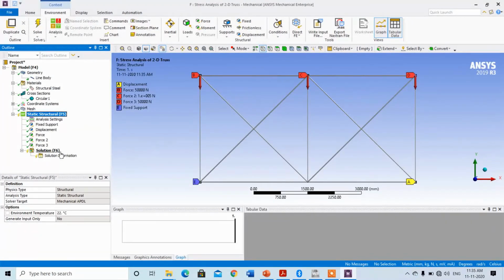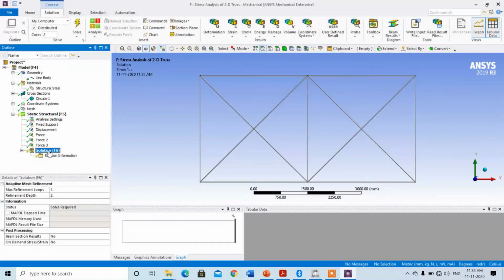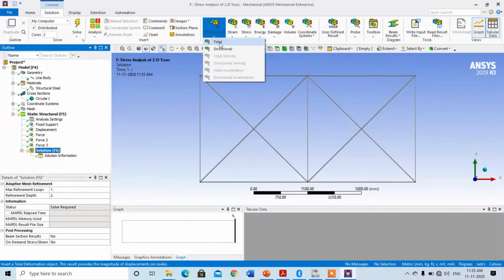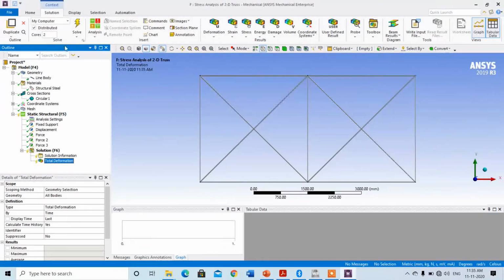Now you can check the solution and the result. First of all, I want to check the deformation only, so simply click on solve.